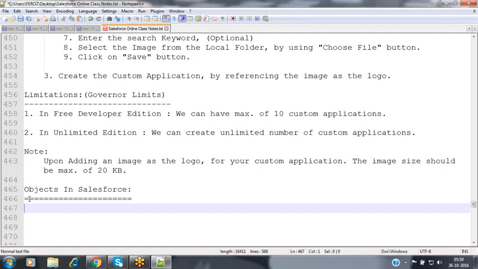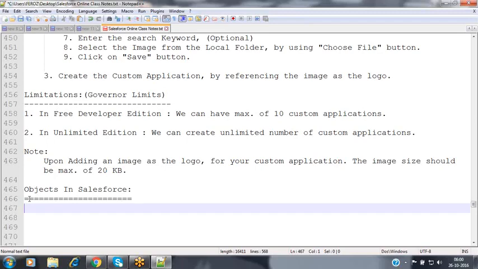As of now, we have created our own custom application. Once you have created your custom application, then we can add your own objects also. Salesforce provides a set of objects to you. Object means what? A table. Each and every object represents a table internally in the database.com. The table holds the actual records which you create by using the user interfaces given by Salesforce to you.